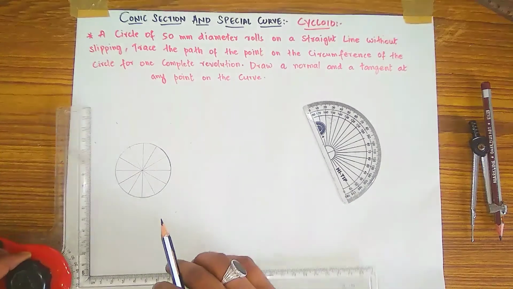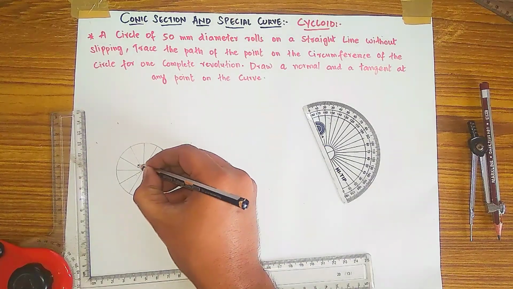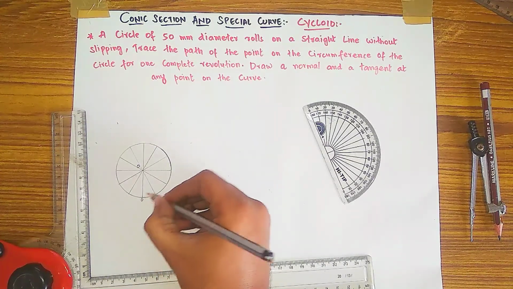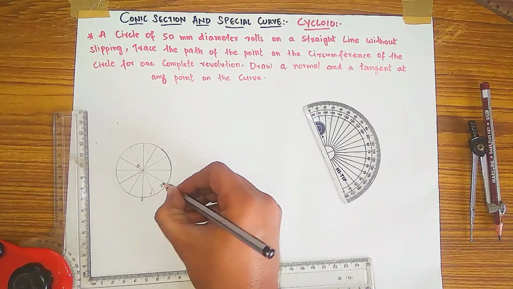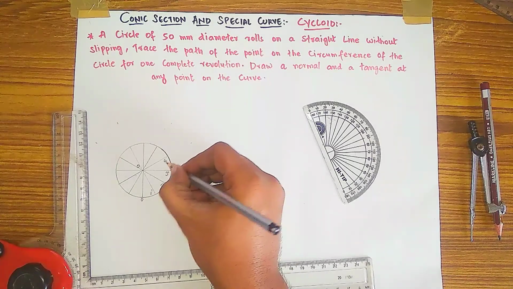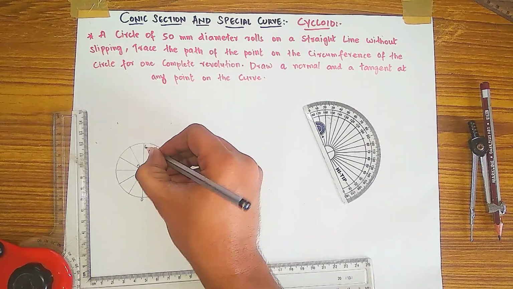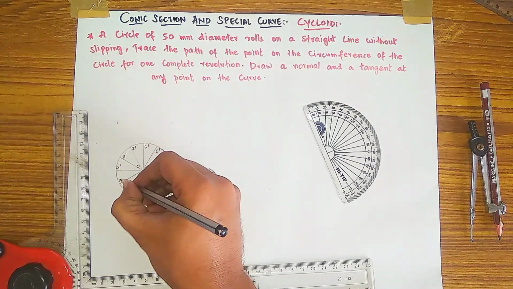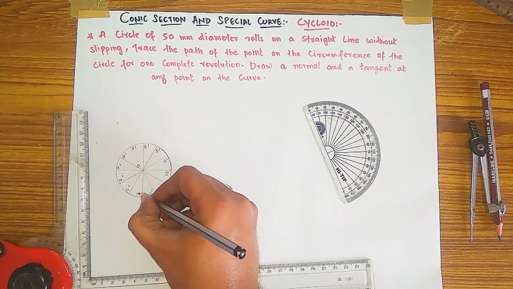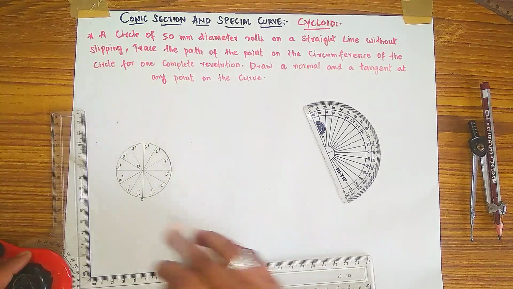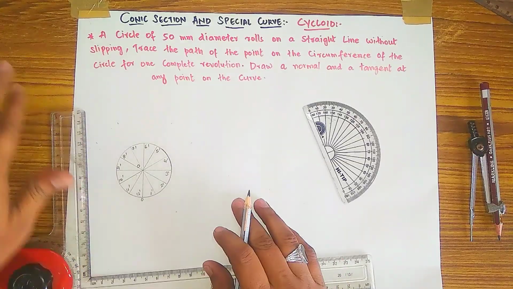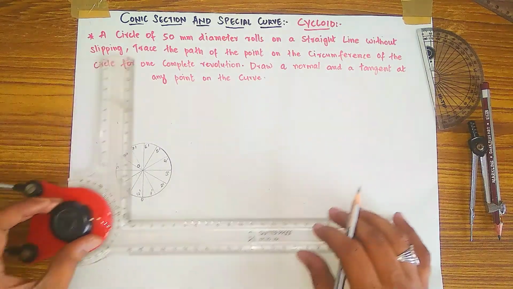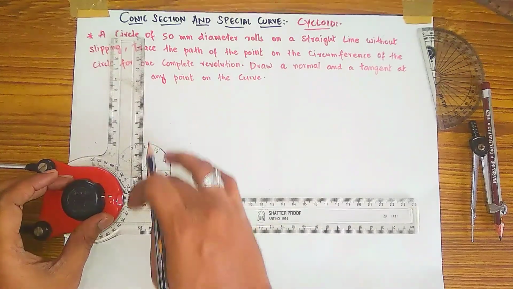Like this, and you label the origin of the circle as O, and here 0, 1 dash, 2 dash, 3 dash, 4 dash, 5 dash, 6 dash, 7 dash, 8 dash, 9 dash, 10 dash, 11 dash, 12 dash. Okay, O will also be 12 dash, and then after you have to draw a line according to this